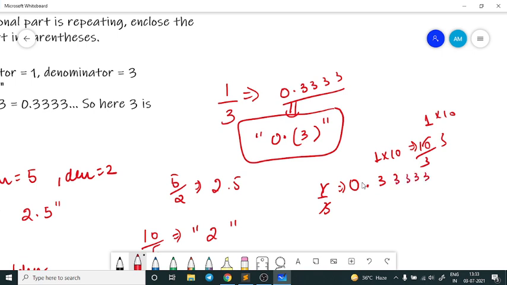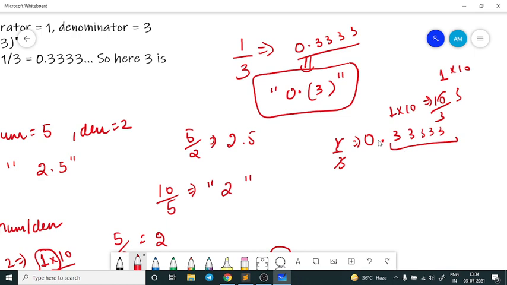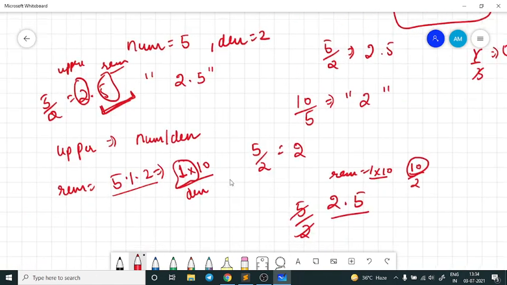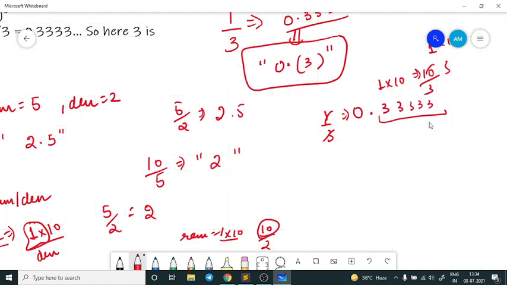So this is the main part where I have to find a way how to stop this repeated occurring, because we will iterate until, as I said, this remaining part becomes equal to 0. But in such cases where the repetition is occurring, the remaining variable, the remainder, will never become 0. Hence it will give us a time limit exceeded, right, because the while loop we will be using will go into an infinite loop.